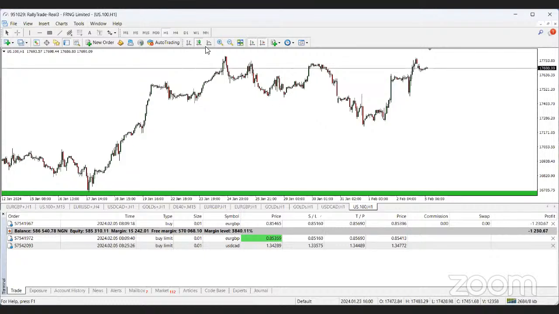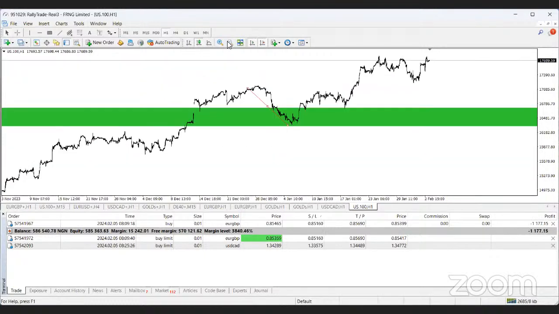Now, if you look at this H1 that I am on now, 1 hour chart, where can we actually wait for the price to give us money? If you wait on this green zone, you are good to go. Anywhere on this green zone, if you wait for a buy and the price actually comes there, you can actually cash a lot of money. What do I mean by that? If I go ahead and do buy limit around this zone now,